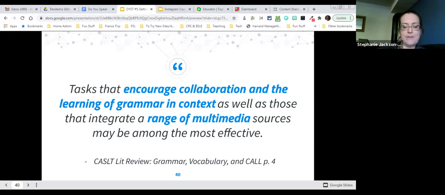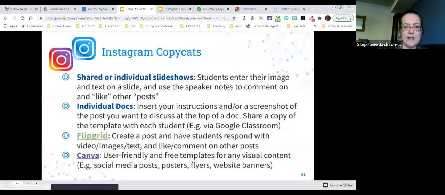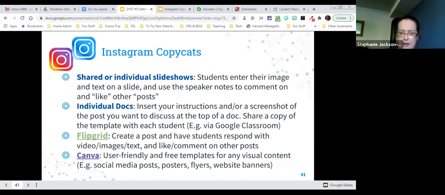the language effectively. So one way that we can get at that is having students comment on Instagram posts or create an Instagram post, or that media sharing, where you not only have the image, right, but it's the description, and then going to read someone else's post, post a comment, and then maybe have that kind of back and forth written exchange, right? And then maybe later have a conversation about that. So some ideas for copycatting Instagram.